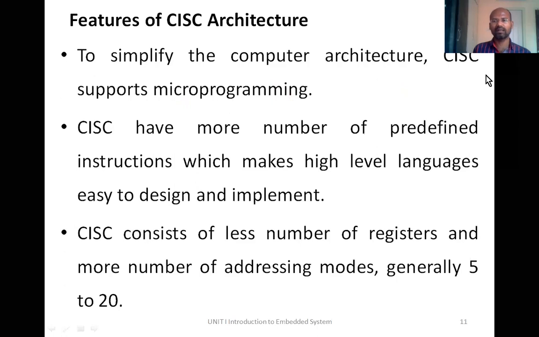Microprogramming means, although this add instruction cannot do all these things by itself, there must be something called microprogramming where this add instruction has sub instructions. Sub instructions mean how add performs. Let's say how the add instruction performs. We are writing just one instruction, but internally, add 2000, 3000, 4000 means it adds the contents of 2000 and 3000 and the result is stored back to 4000.